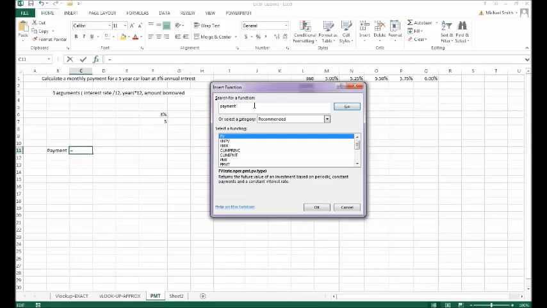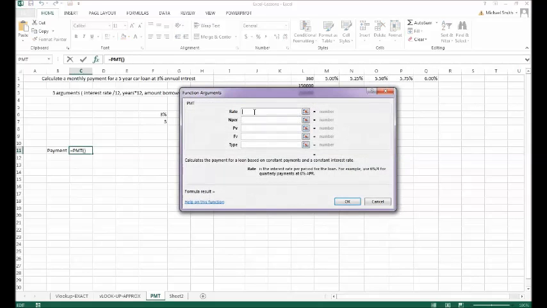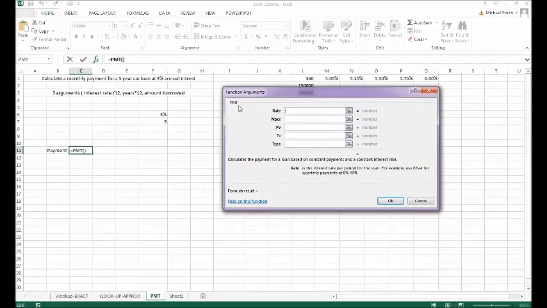And I had a little apostrophe at the end there, payment. And it's going to bring up, and this one is the one we want here, calculates a payment for a loan based on constant payments and a constant interest rate. So we can use that, and we can build it right here. And it says, well, what is the rate? Well, the rate is 3%,